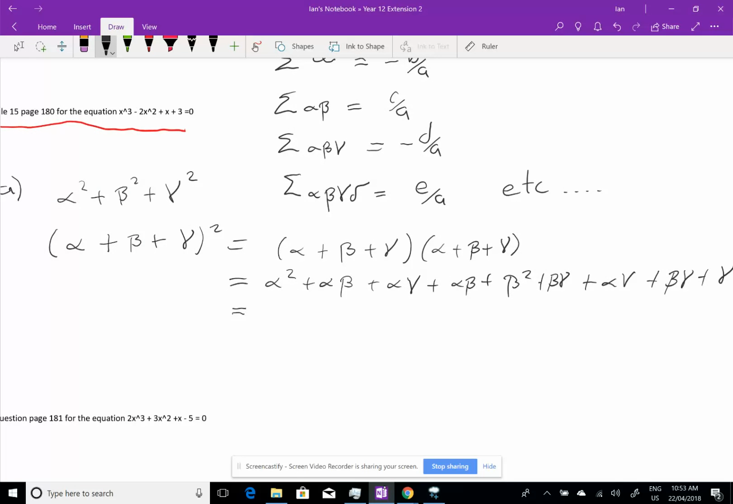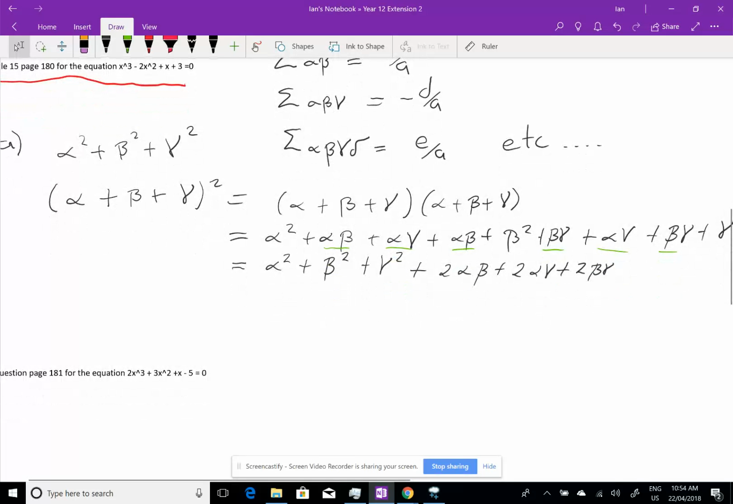And let's get all the powers together. So I've got an alpha squared plus a beta squared plus a gamma squared. And let's get all the pairs. So you can see here, I've got an alpha beta, an alpha beta. I've got an alpha gamma and an alpha gamma. I've got a beta gamma and a beta gamma. So I've got 2 of each. So I've got 2 alpha beta plus 2 alpha gamma plus 2 beta gamma,